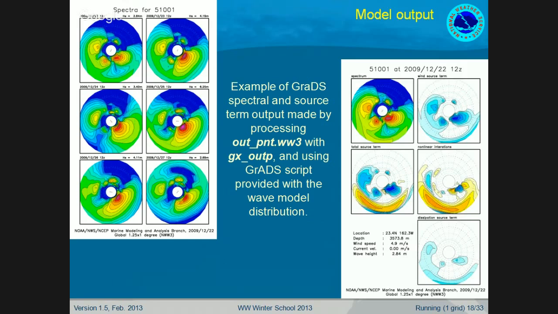Oh, and the very important thing also, you can also export the source terms. So the source terms are not stored during the run, but they are recomputed on the fly. When you have the spectrum, it will call again the source term routine and recompute the source terms that correspond to the spectra. So if you want to understand what's going on in the spectra, here's the spectrum. Here, that's a dissipation term. I guess this must be some nonlinear interactions. Oh no, it's actually written on top of it. This is the wind source term, total source term, and nonlinear interactions. So this is a sum of all three, and that's the dissipation one. So if you want to know